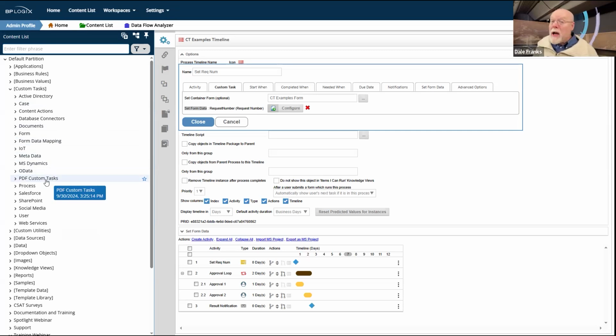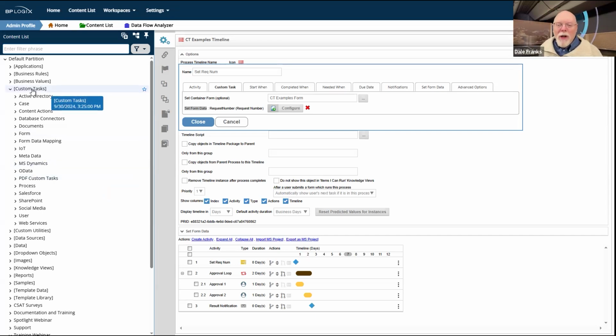Now, it's an extraordinarily bad idea to do this, especially if you submit a technical support ticket and say this custom task isn't working, because I guarantee you either I or whatever tech support tech handles your support ticket will say, especially if we have access to your system, where in the world are your custom tasks? So it's really good if you follow our suggestions for custom tasks.